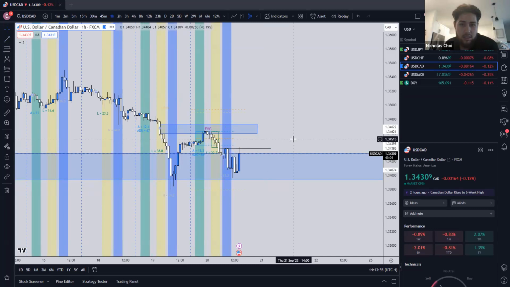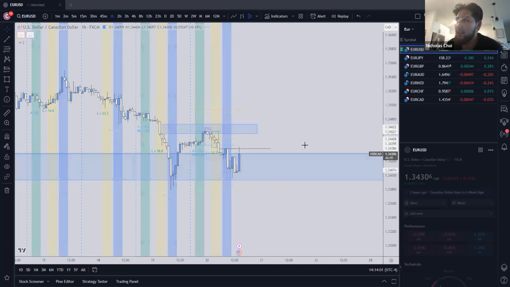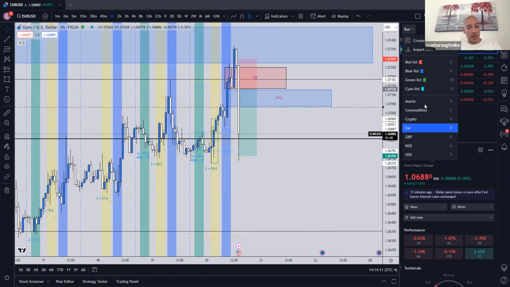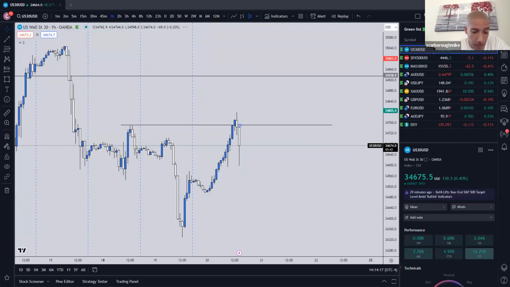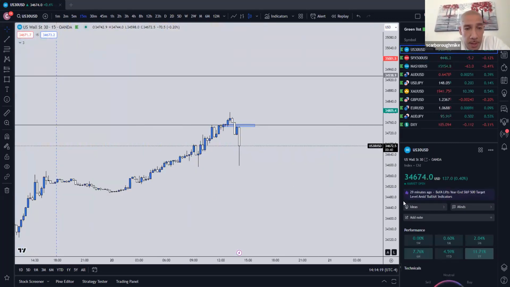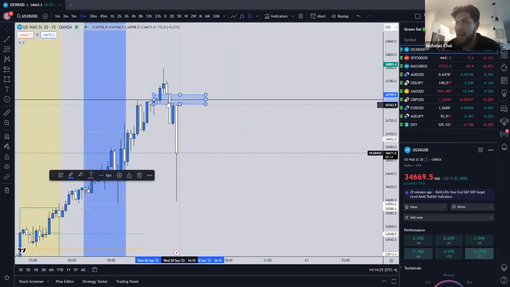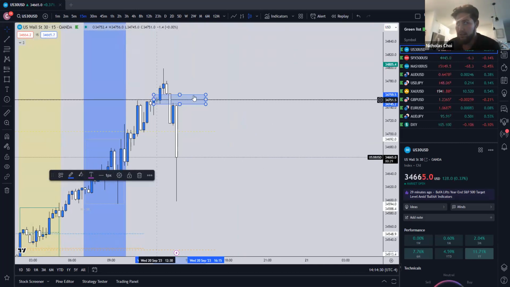I think gold looks the cleanest to me personally. I don't know if Euro's even going to make it up there, and I wouldn't want to take this one because it didn't really take liquidity from here. I'd be surprised if it makes it up there by the close of the day, because it really drags its feet after lunch. Well, I guess that's because of news. I liked US 30, but it already happened really clean on the 5 minute. Without even zooming in, you guys could see it.